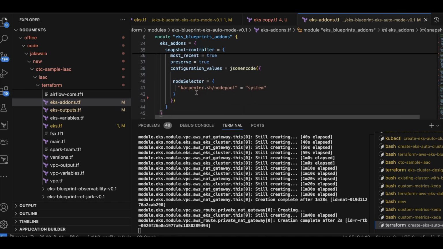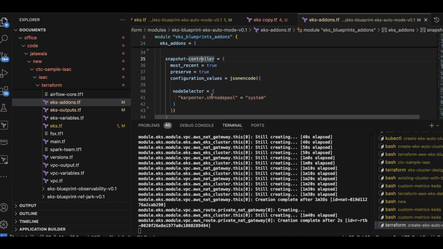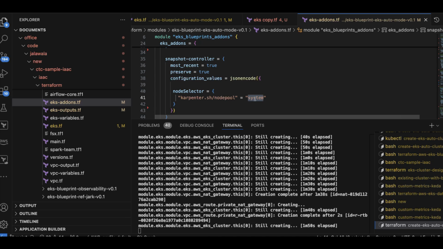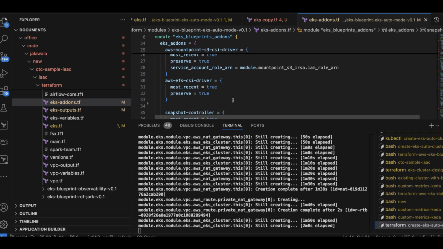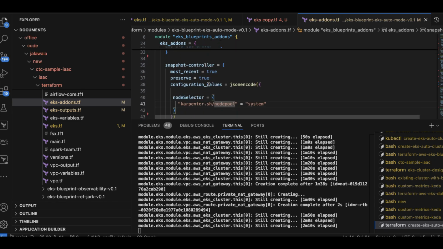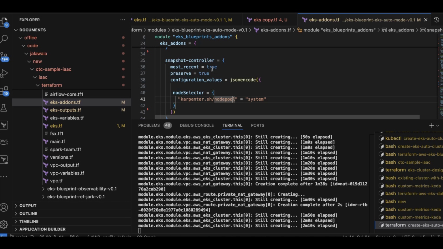One thing to note is I have selected the node pool, which is the system node pool. Out of the two node pools, what is system and what is general purpose? The system node pool is typically used for all the core critical add-ons and daemon sets that the cluster-wide applications require. So I wanted to deploy these add-ons into this specific node pool. That's why I'm using the node selector with this particular label. We can do that for other add-ons also, but I just selected it for the snapshot controller to show